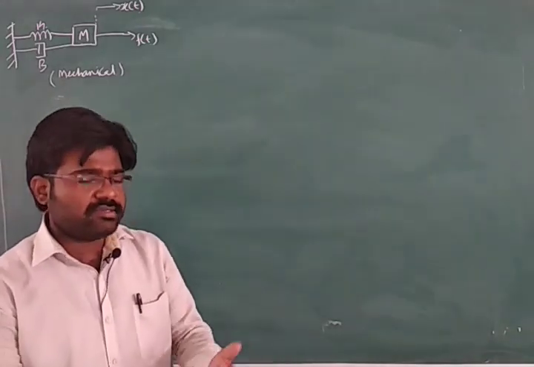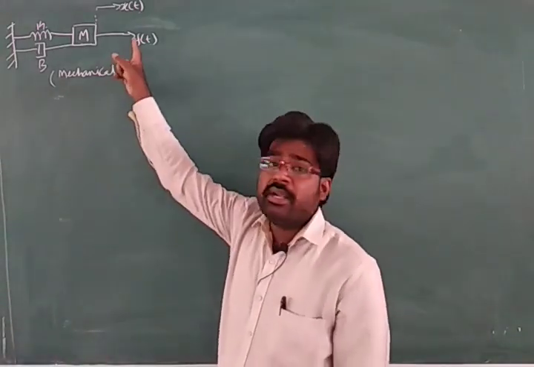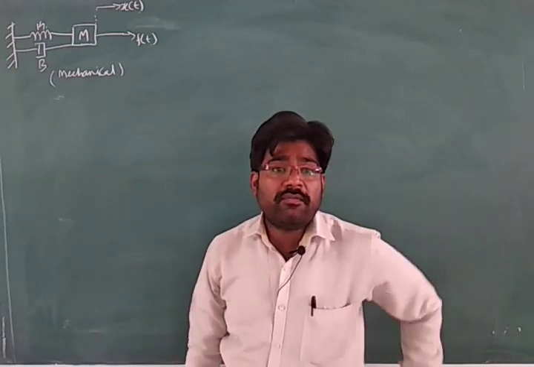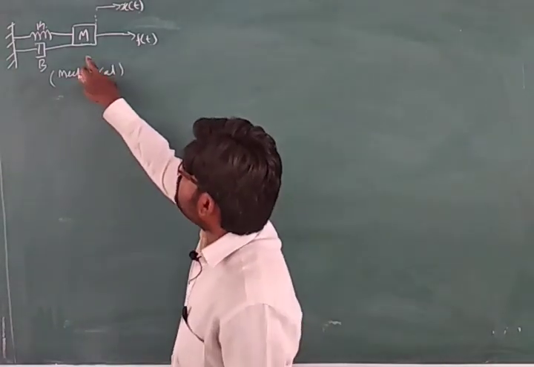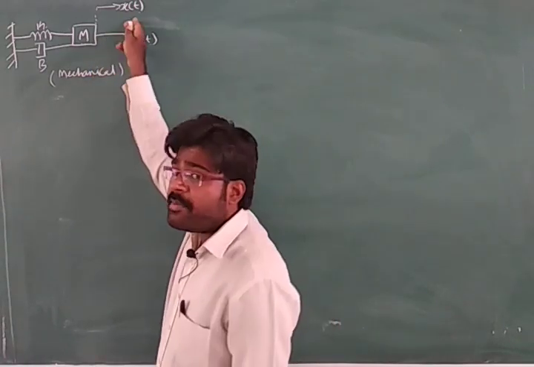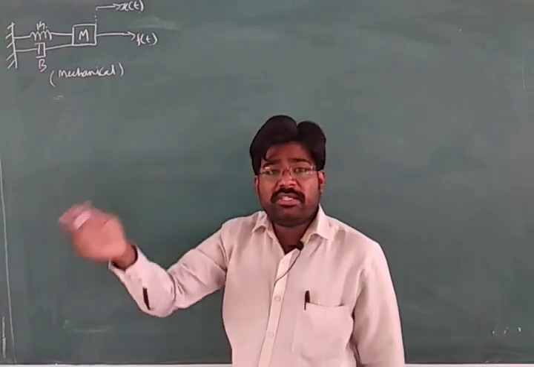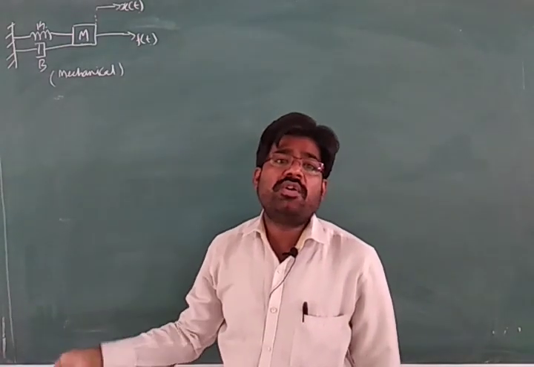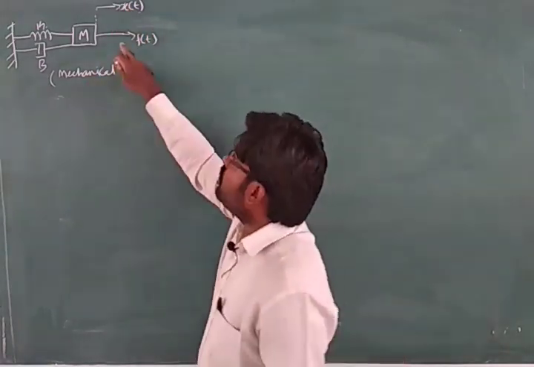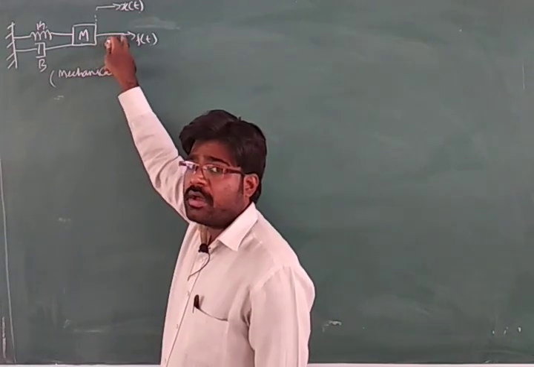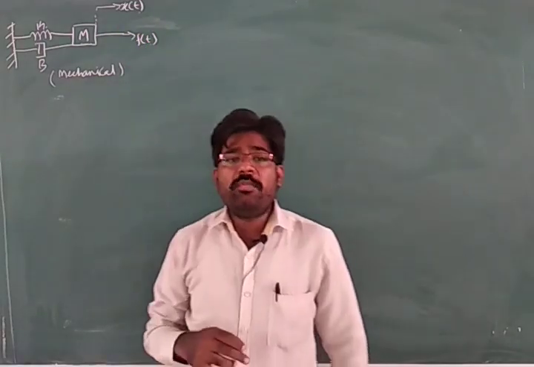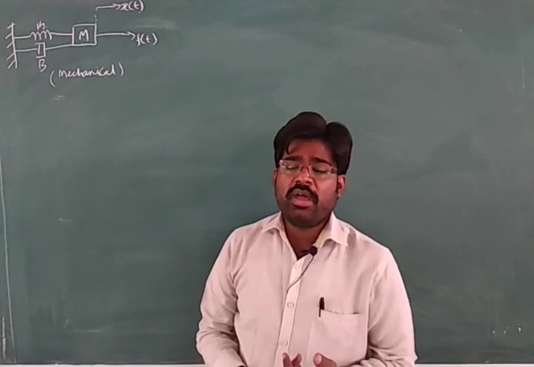What are those steps? The first step is to see how many displacements are there in the given mathematical model, that we have to identify first. Here in this problem, force is applied on the body, and one important key factor I am telling you: in whichever direction you apply the force, displacement also occurs in the same direction. So force and displacement will always be in the same direction. Because of the force applied to the body, displacement is taking place along the direction of the force. So how many displacements are there? Only one displacement.